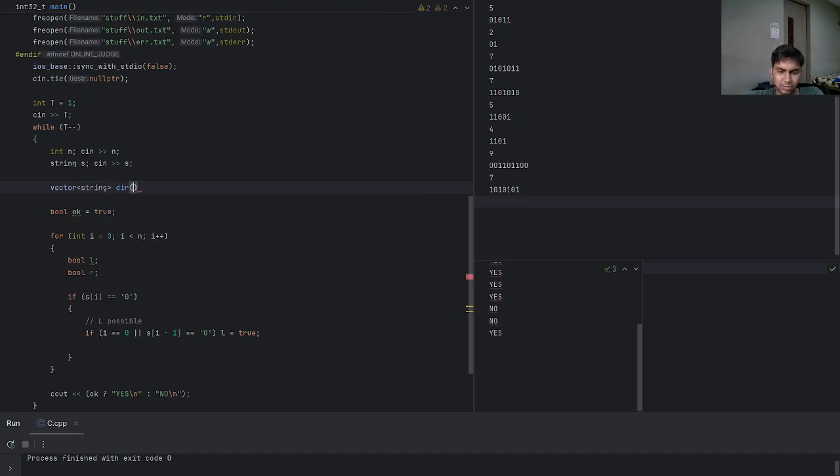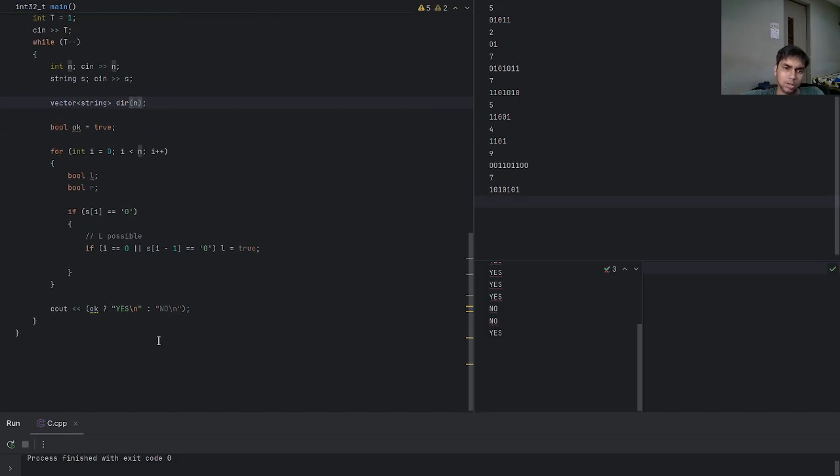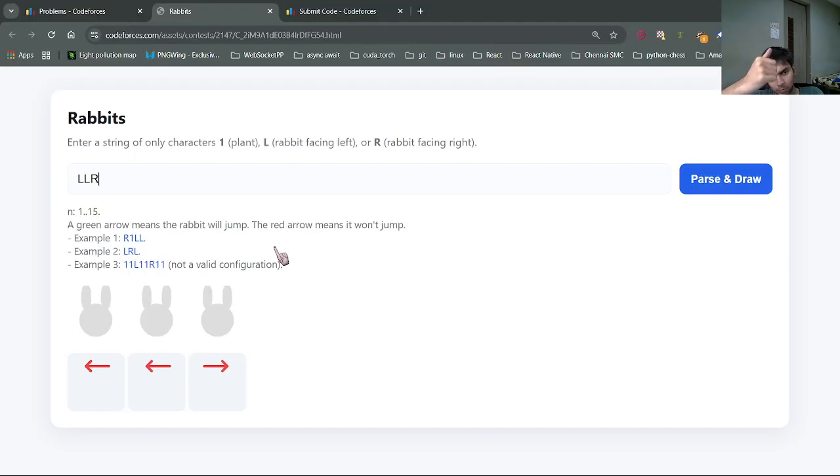It's a direction. So yeah, if it's a zero, then L is possible. If the previous one is a rabbit, then also making the rabbit face L is possible. What is not possible is if there is a one,